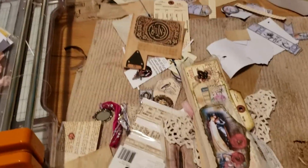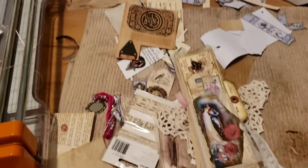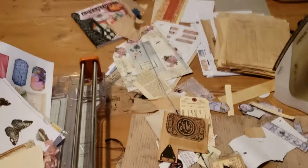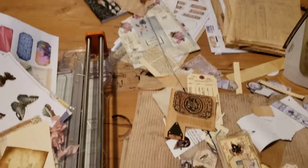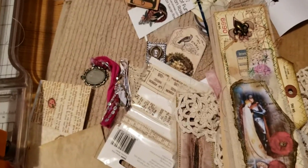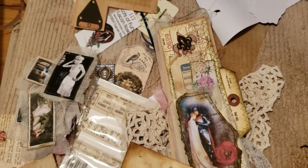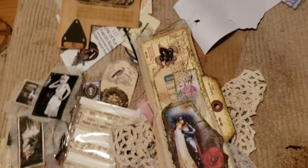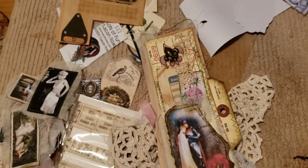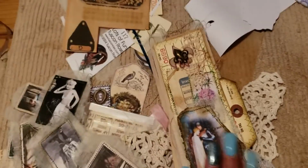But on this floor, yes, it is a disaster zone and I need help badly. So if my grandkids come, I've got to make sure that nothing is amiss. So yeah, here's some more Happy Mail that's got to go into that journal. And what I've done in my madness again today, so I can get really started on this project,